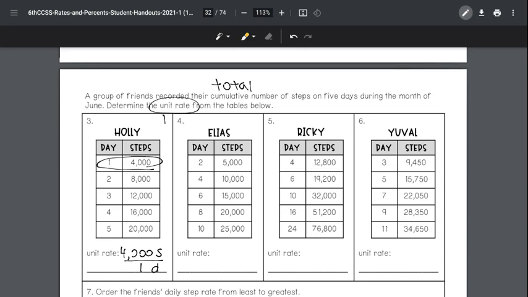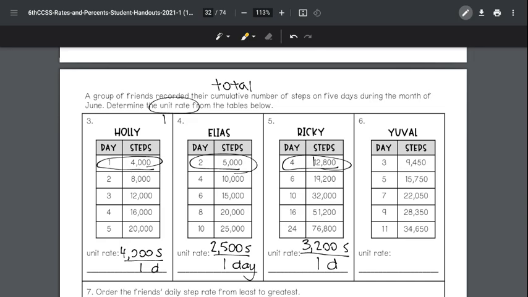Then I get to Elias, and it says 5,000 steps in 2 days. But I want to know in 1 day. So we're going to do 5,000 divided by 2 and figure out that's 2,500 steps in 1 day. Then we get to Ricky, and it says 12,800 steps in 4 days. So I'm going to divide the steps by 4 to figure out how much he walks in 1 day. 12,800 divided by 4 is